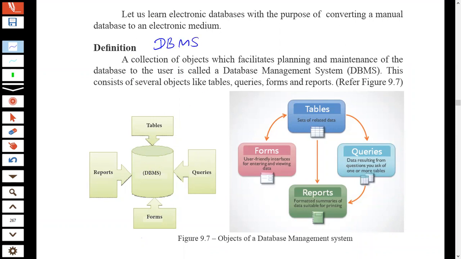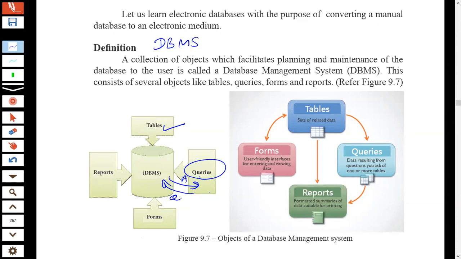Normally, database management systems consist of tables, tables of data, and we can ask some questions from those tables. We can get relevant information by asking questions from the database. These questions, we can say, are queries. And if we use a query, the database management system has to answer that.